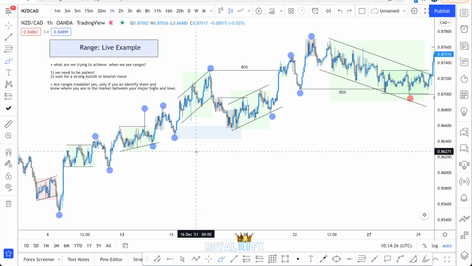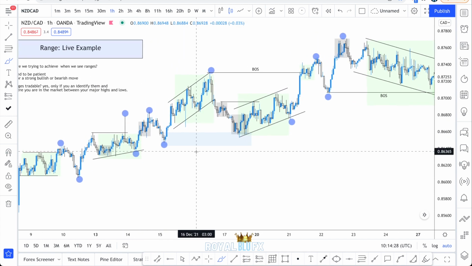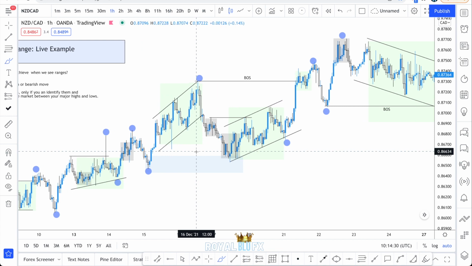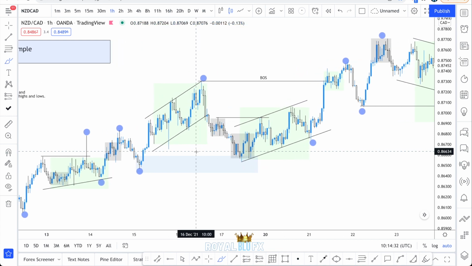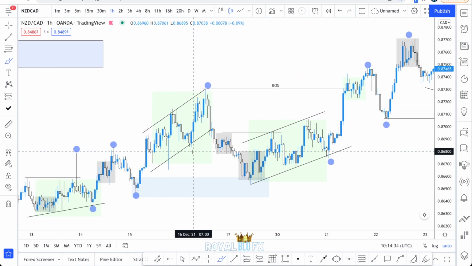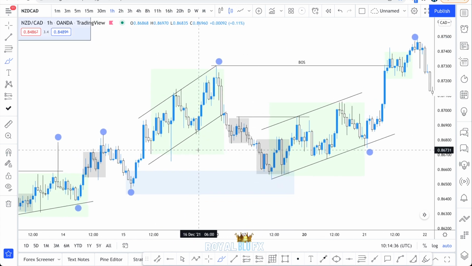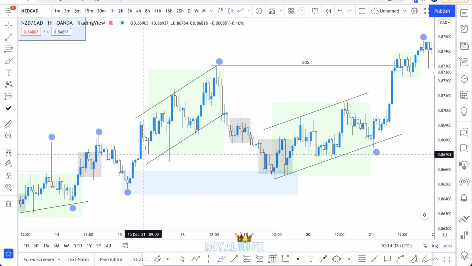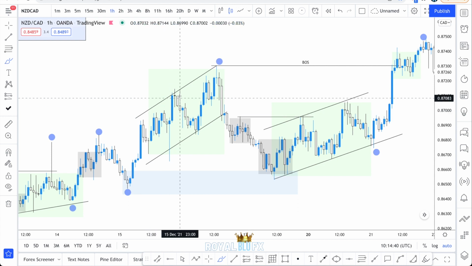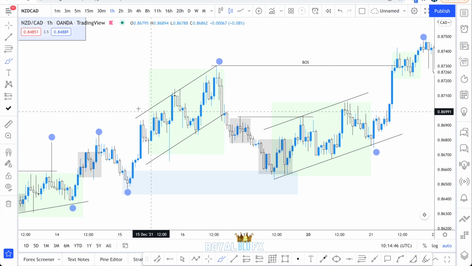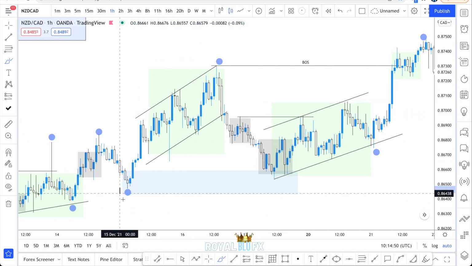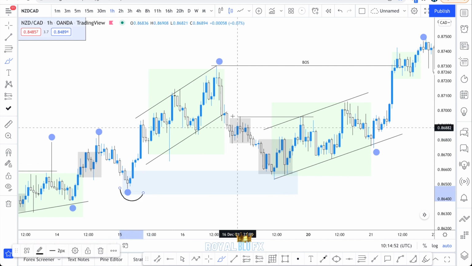Okay, so I'm going to talk about this one fairly quickly to end this video, but ranges are tradable. If you look over here, anywhere really, but let's talk about this one. When ranges are occurring and they're breaking structure like this, as long as you know you're in a range and it's creating a range behavior,